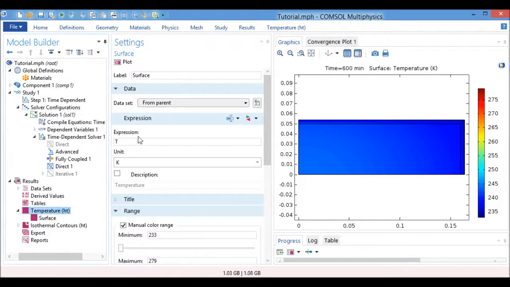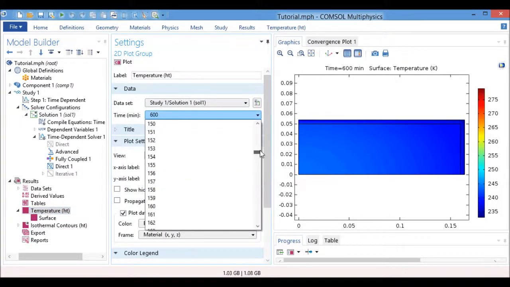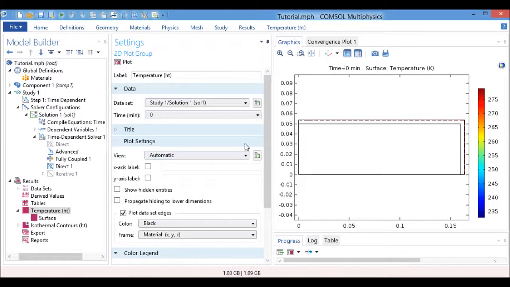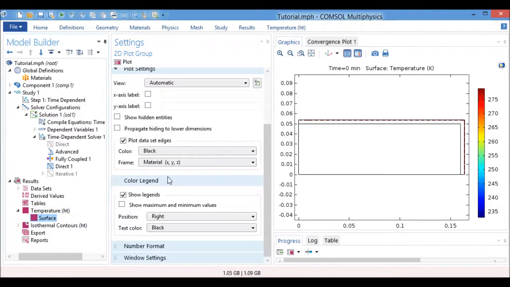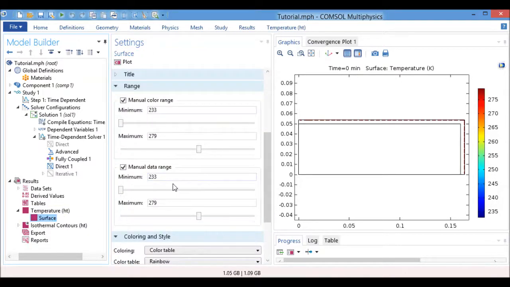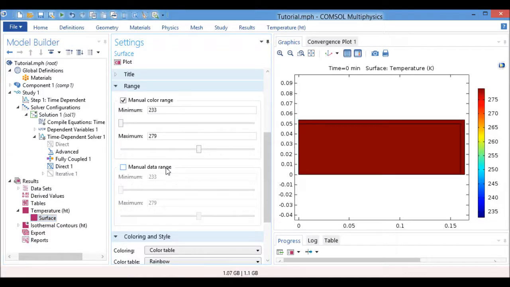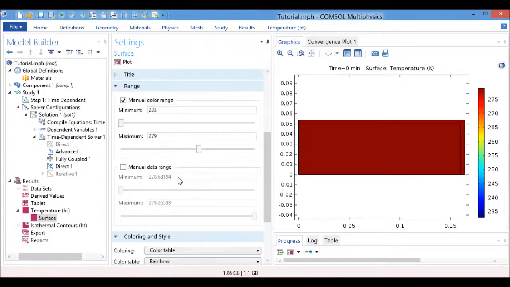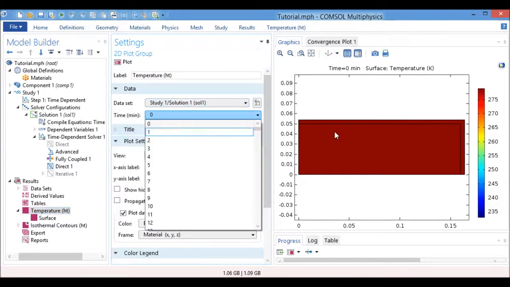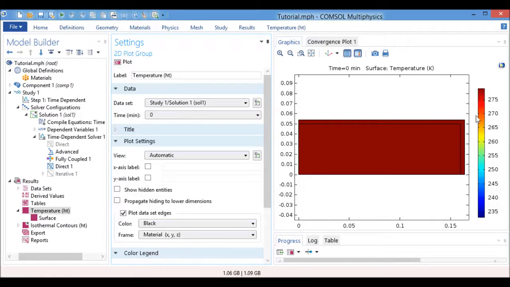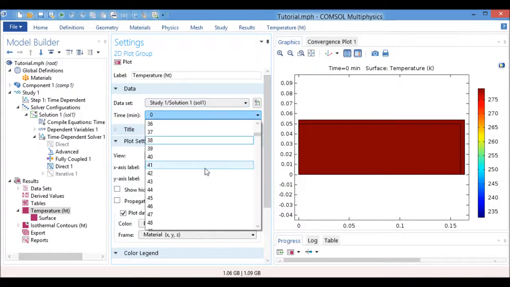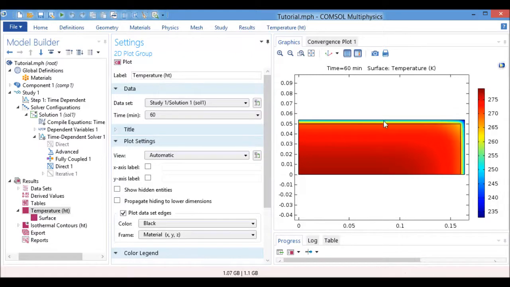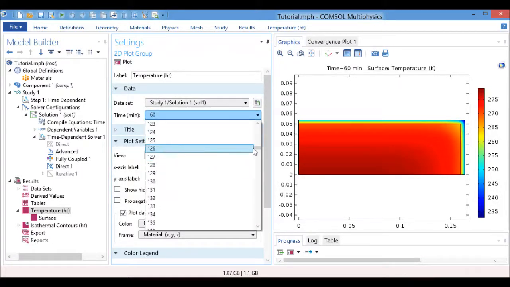At the beginning, we can check that all the domain is, well, there's a problem with the data. I will use this value, and then check. At the beginning it is already at the initial temperature, then at 1 hour, and let's check, for example, 5 hours, 300 minutes here,